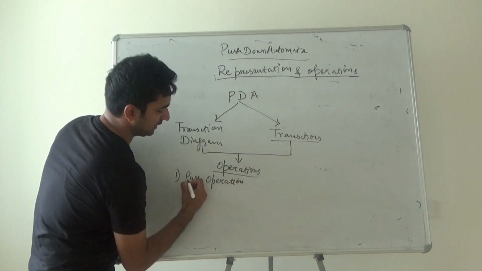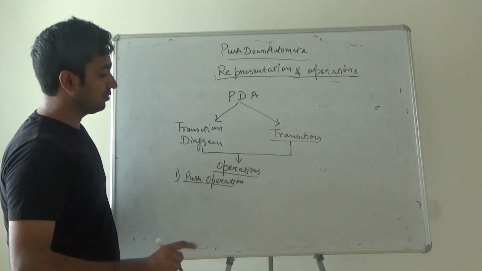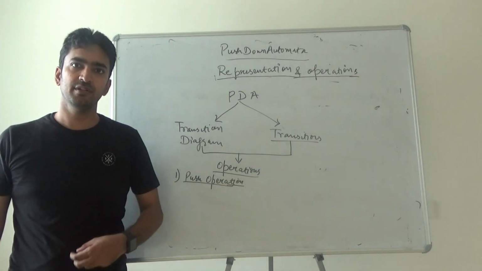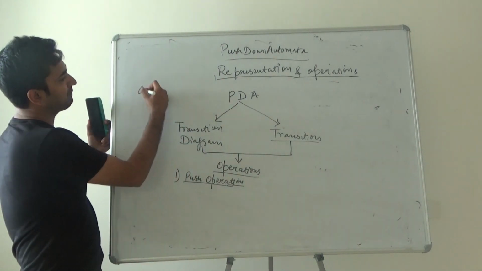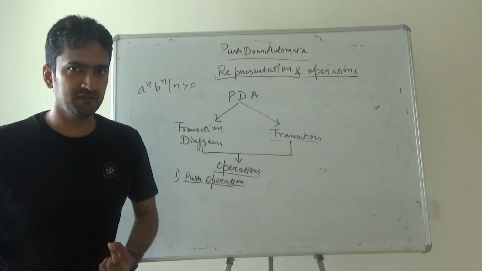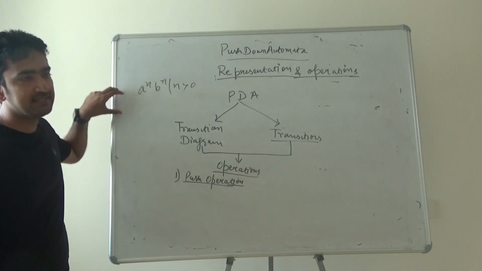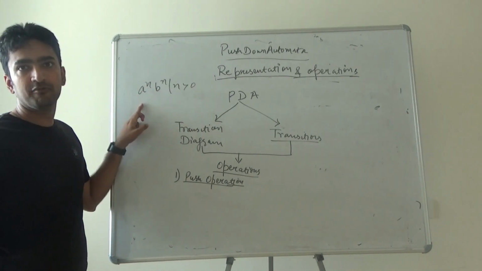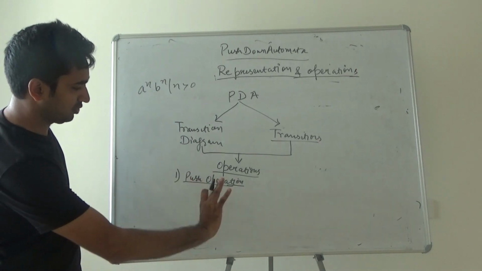Guys, I am writing the syntax of the transition over here. So what is a push operation? Push operation normally is used when there is a case of matching. Matching means, like I talk about a^n b^n, n greater than 0. The push operation for this is that you have to push all the a's into the stack, and then you have to match with the number of b's. It means the push operation will get used.